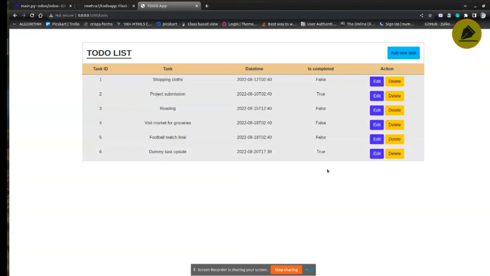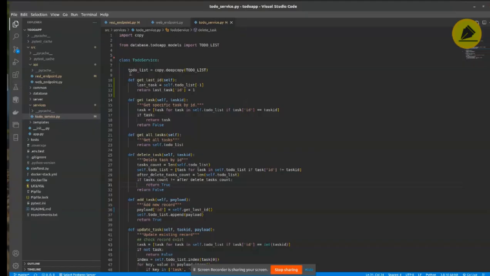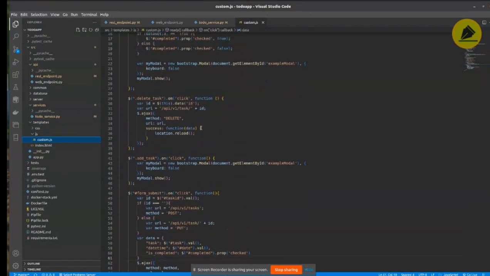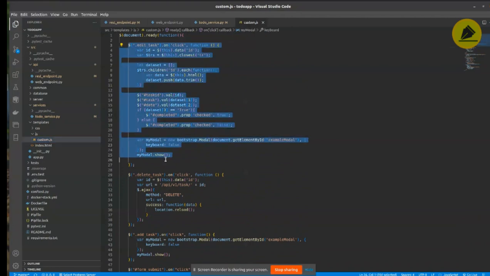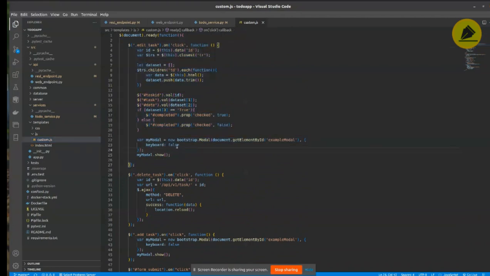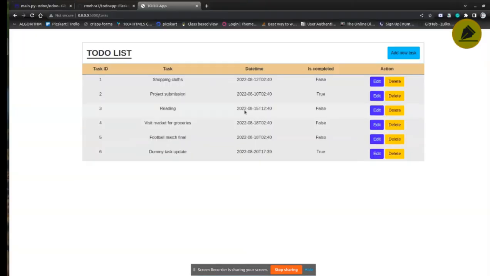So this is the edit task that we wrote inside the JS script. Let me show you the code for this JS. So when we click on the edit task, right, it will pop up this modal with the initialized task related information on which we have clicked.